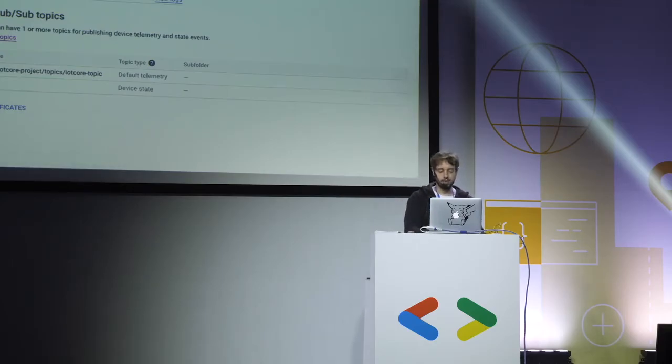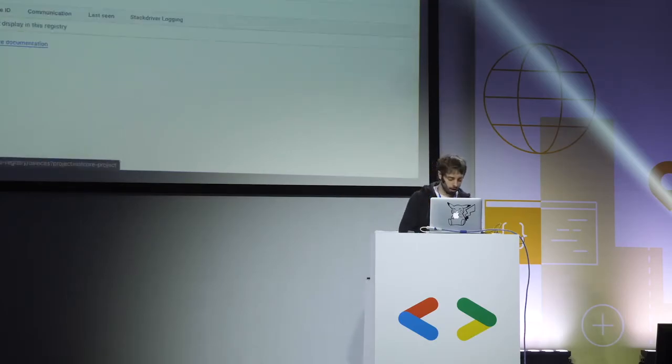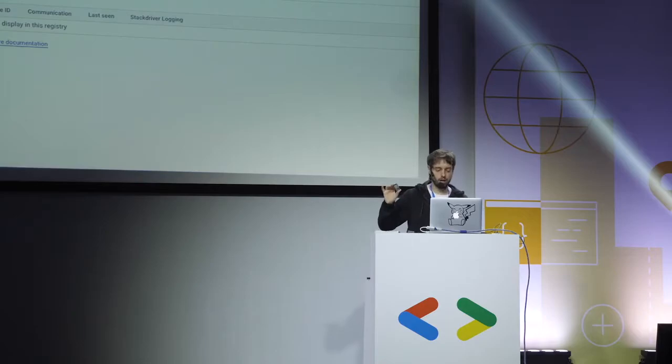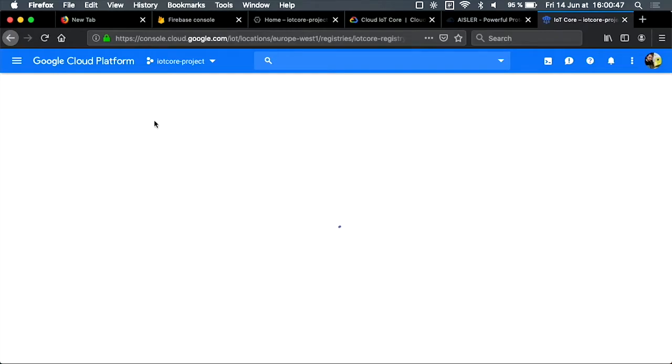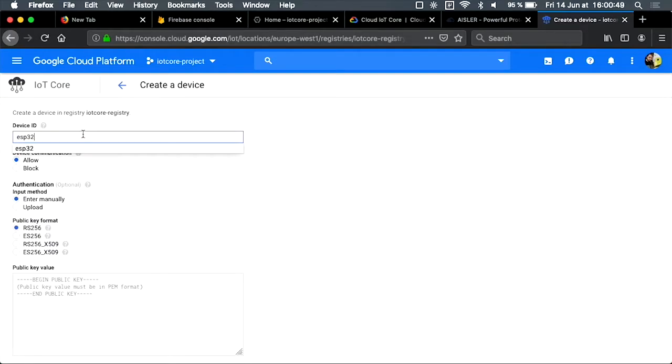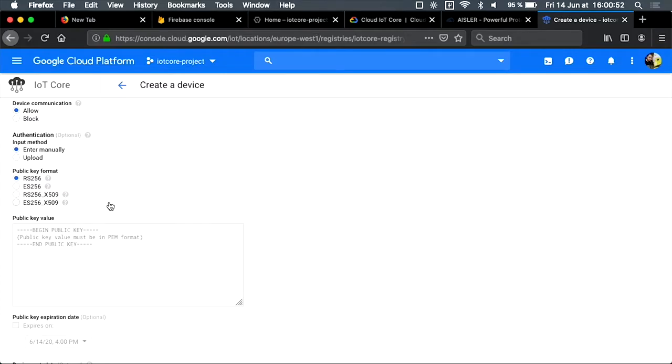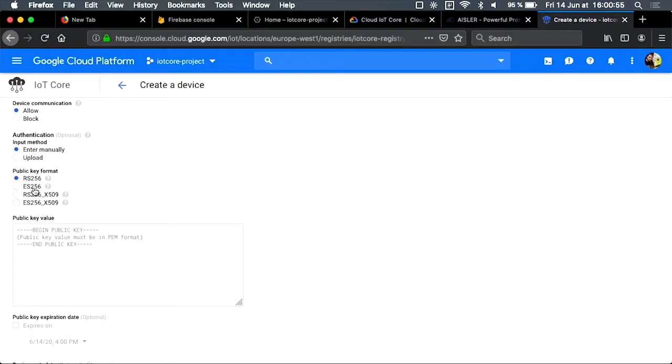So here in my registry, I will register a device. I want to register this device to the Google Cloud platform because it's secure. Google Cloud has to know which devices are allowed to communicate with the cloud and which are not. So you just click on devices, you create a new device, and they will ask you for a lot of different information. First, they will ask you for a name. So I will say, okay, my device name is ESP32. And I told you it's a secure way to connect stuff. It uses asymmetrical key pairs for the authentication. And you can select either RSA or elliptic curves.